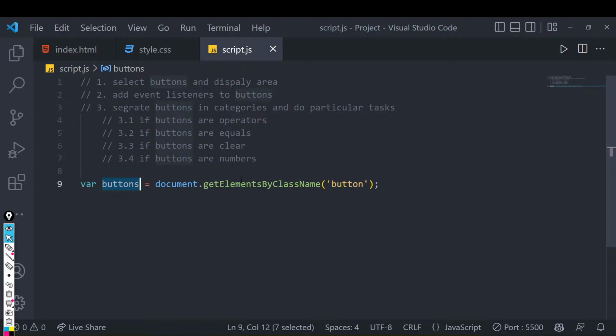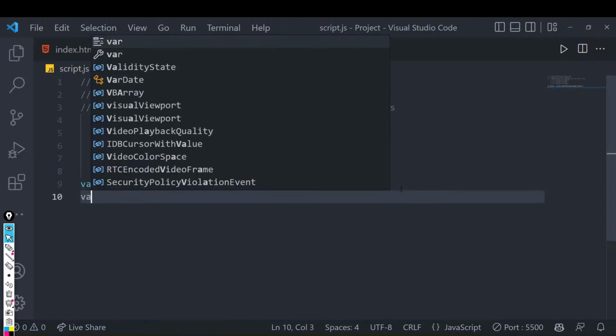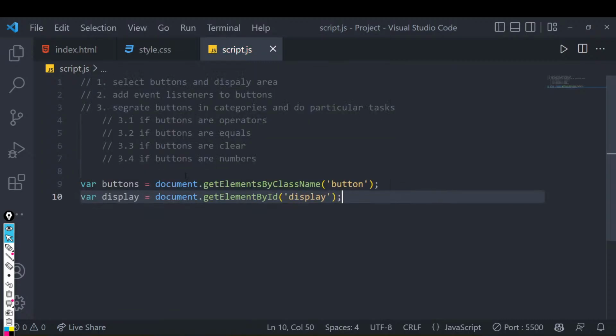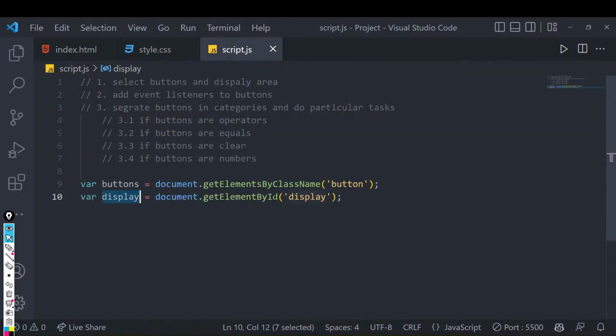So in that buttons variable, we have selected every button, and you know this already, if we are selecting by class name, we'll have an array-like situation, where this buttons variable will contain all the buttons that we have, right? How we can leverage that we'll see in a moment. But since we have selected the buttons, it's now our moral duty to select the display area, right? So we have taken another variable called display, and that ID is display. We have selected that by ID. So now we have collected all these button variables, and we have collected that display area.